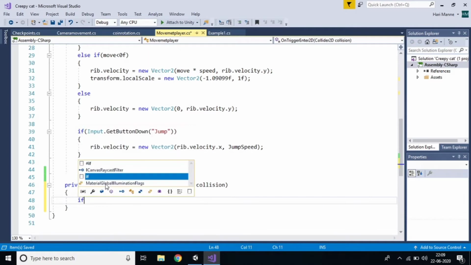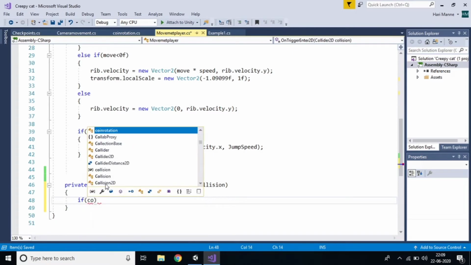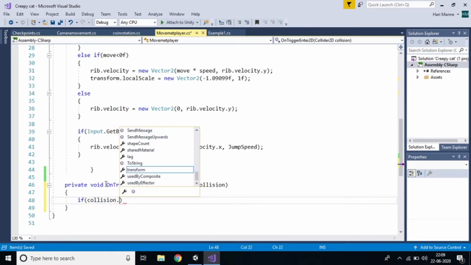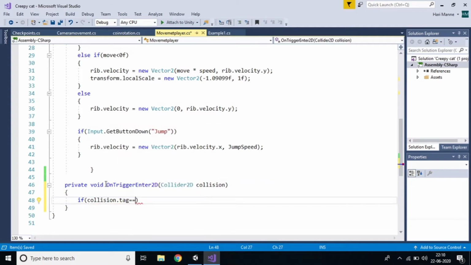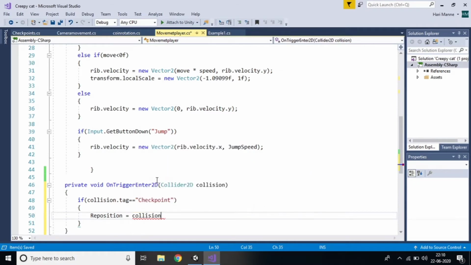So I'm writing the code: if collision.tag is equal to checkpoint, you should keep the same spelling as the tag we have given, and reposition is equal to the collision. What's the collided object? That means the player collided, right? So that position should be there.